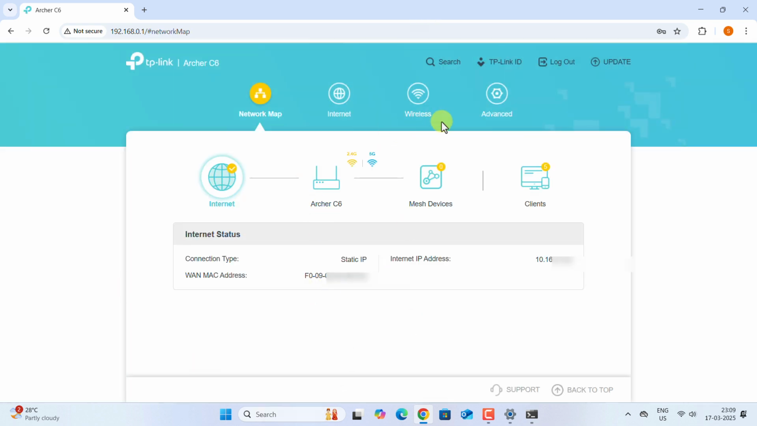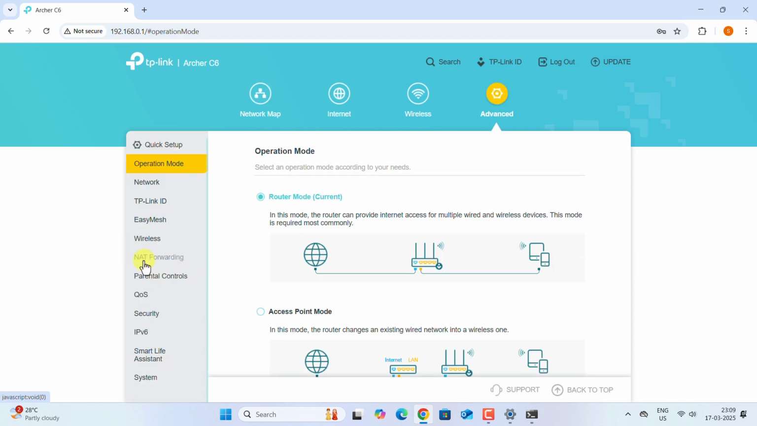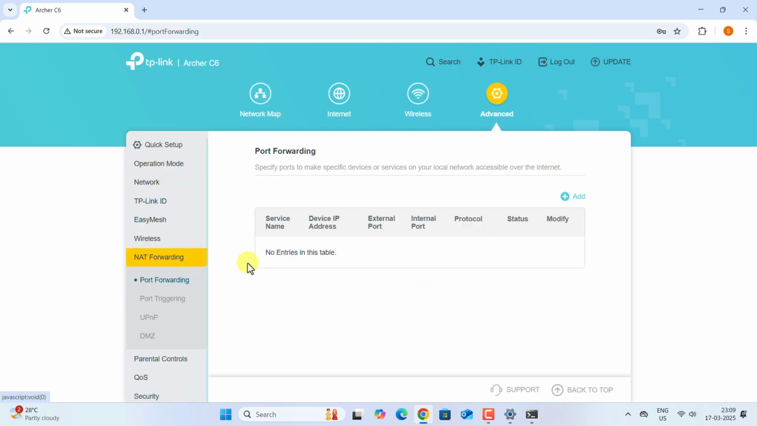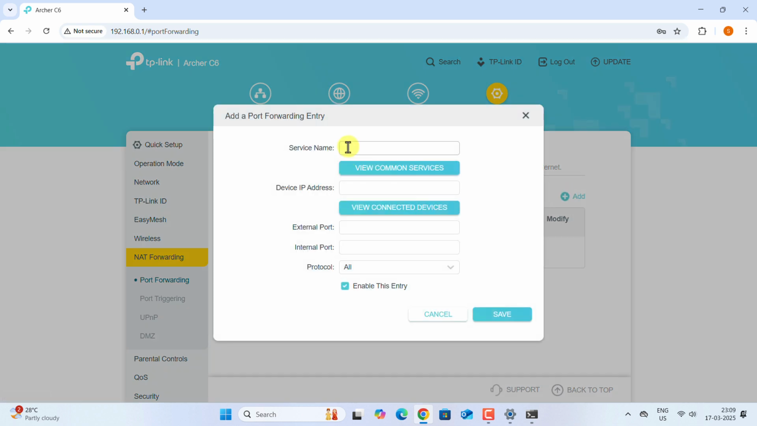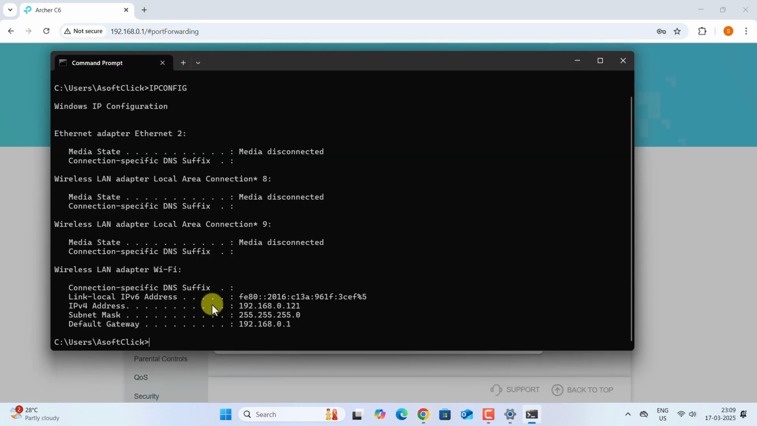So go to advanced section now and then go to port forwarding, find port forwarding. So this is port forwarding, click on add, and in the service name you can type anything. I'm typing MS remote desktop, and for device IP address go to the command prompt and copy the IPv4 address